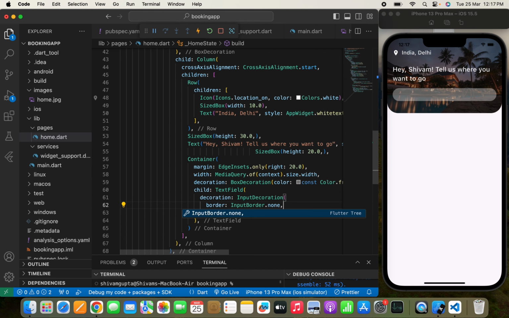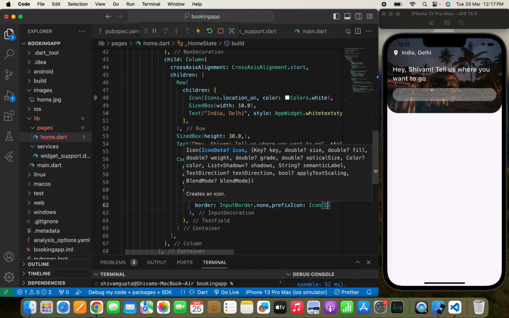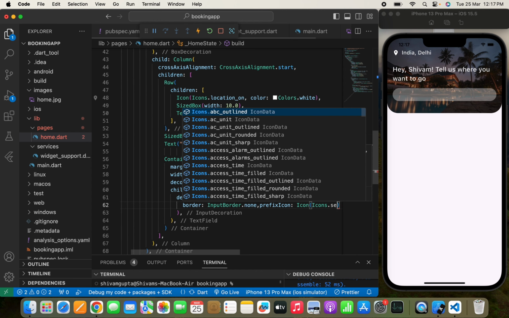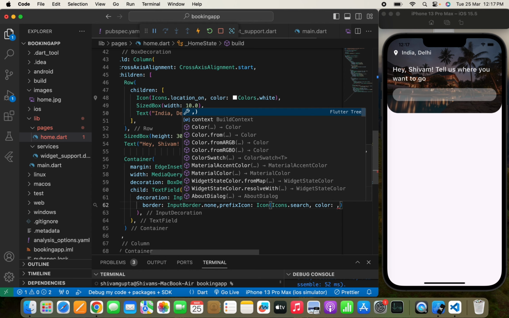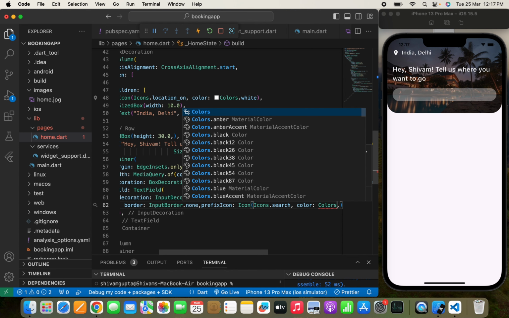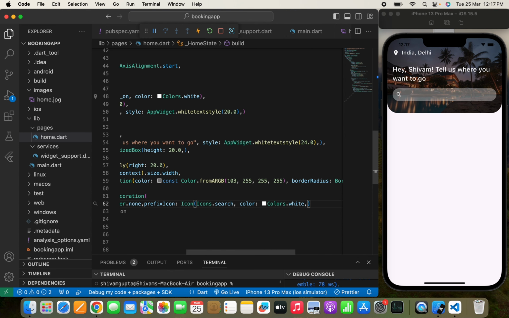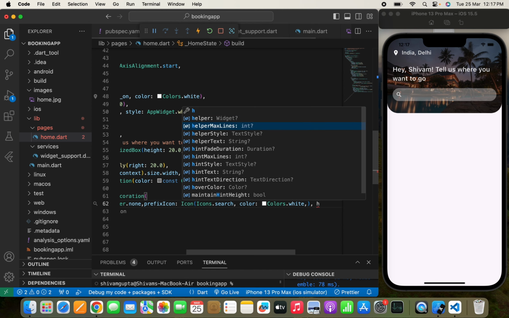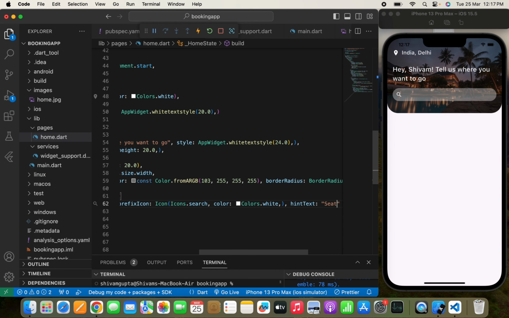Now we need to also show the icon, so I'll just write prefix icon, and we'll just write Icons dot search. Yeah, something like this, and we can just pass the color, which will be Colors dot white, which will look cool, I guess. Once we have done this, now we can just pass the hint text as well. So for that I just need to write hint text, and in the hint text I just need to pass a text which is like search places,